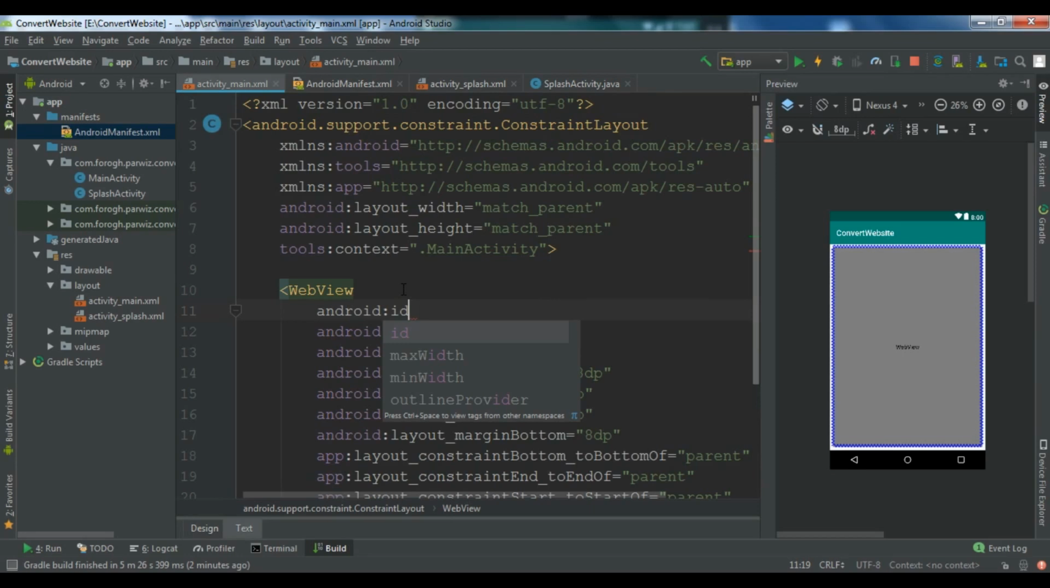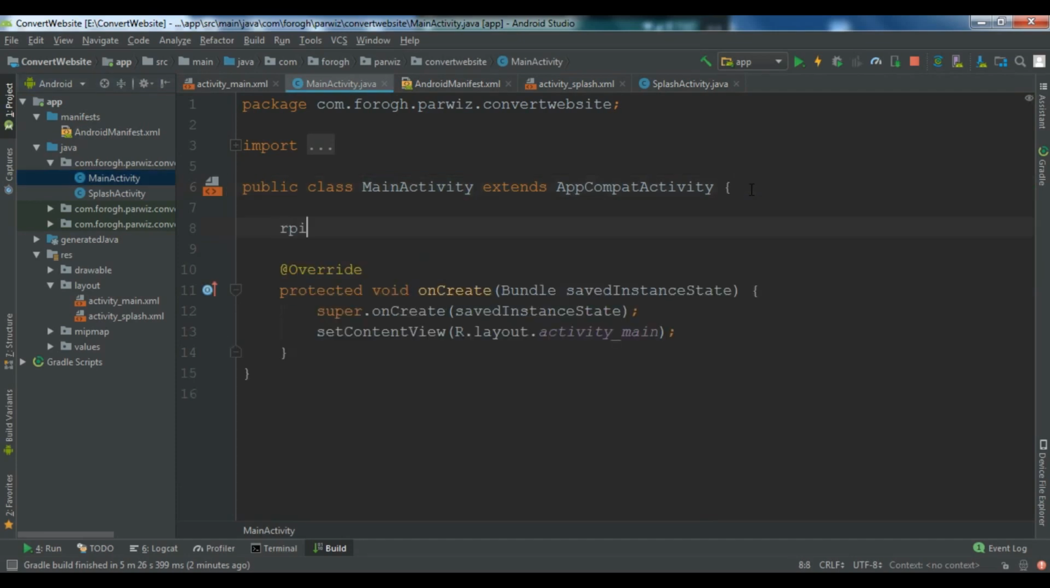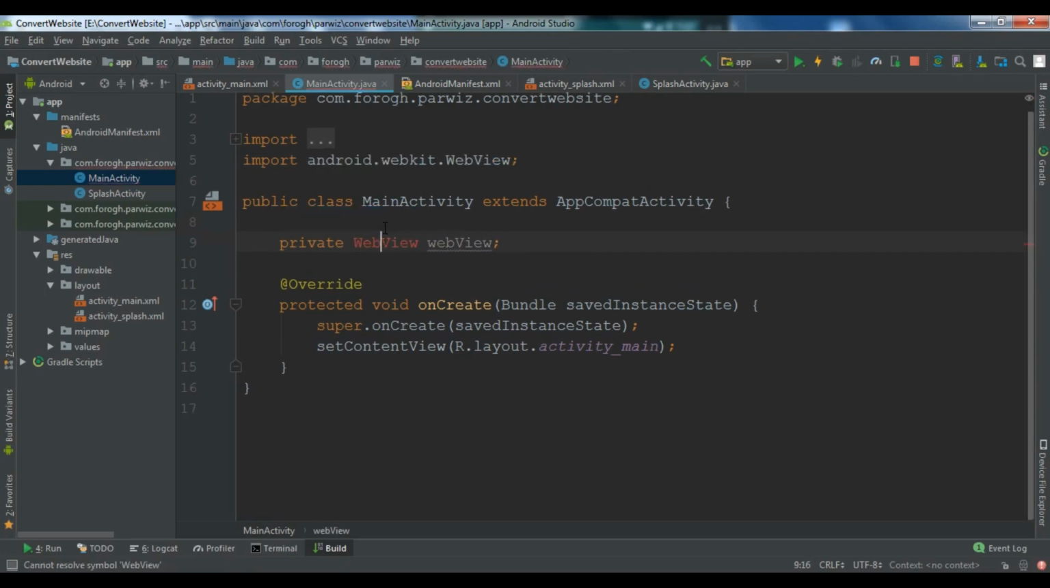So now after this, we are going to open our MainActivity.java, and we are going to write our web view code in here. And now we need to create the object of our web view. So private WebView, and I'm going to call it webView. Let me import WebView,